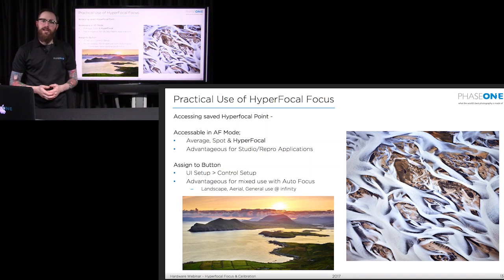So, for landscape usage where you are constantly shooting infinity and you want it nice and sharp, it's an absolute time saver, but it also gives you consistency with every single lens that you have. You always know that you're not going to shoot, oh, I missed focus in infinity. My mountains and clouds were a bit soft. Once you do this test and this calibration and put it back into your XF, they will always be in